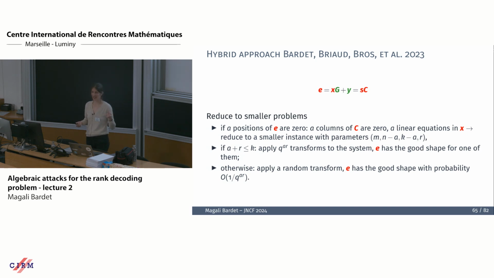But the interest in such a reduction is that you have a hybrid approach. Part of the attack will be combinatoric. So then you have this cost at the end. You have the combinatorial part of the attack, q to the AR, and then the cost of solving a smaller problem. What is interesting is that as you have a smaller problem, if the problem is very small, then you can do it in practice. And you are much closer to the good estimation of the final complexity if you can run this small problem and then multiply by,